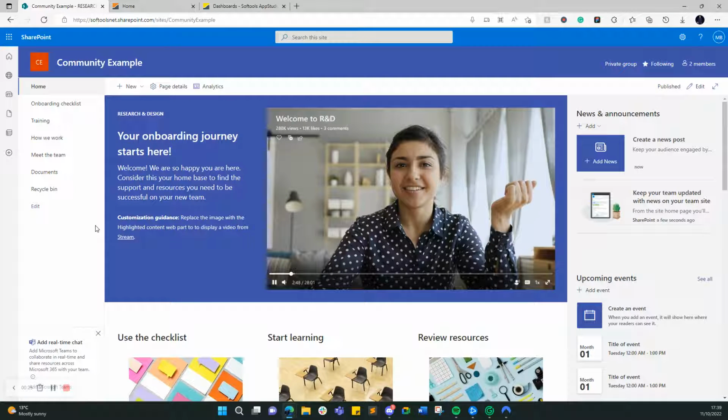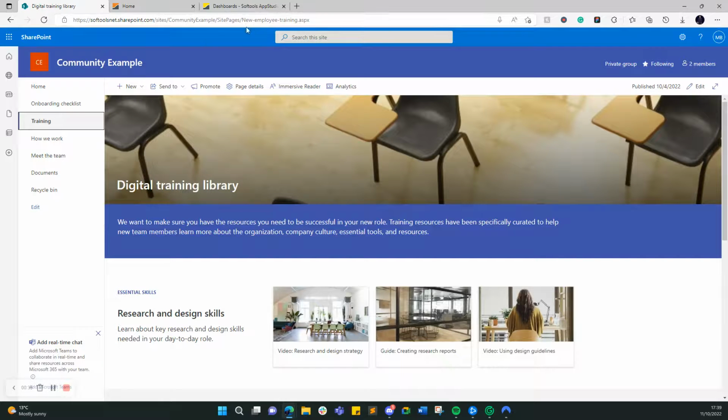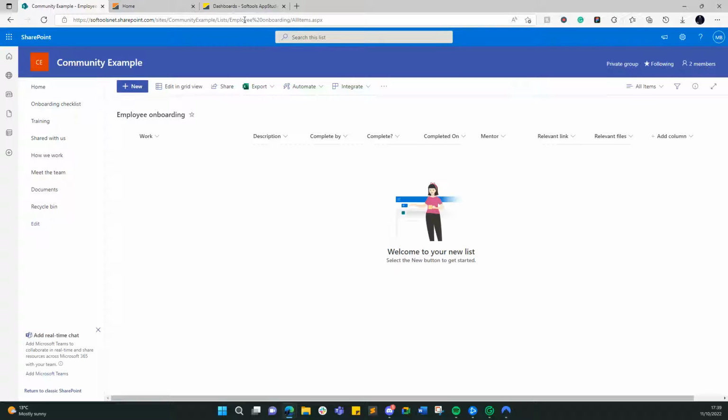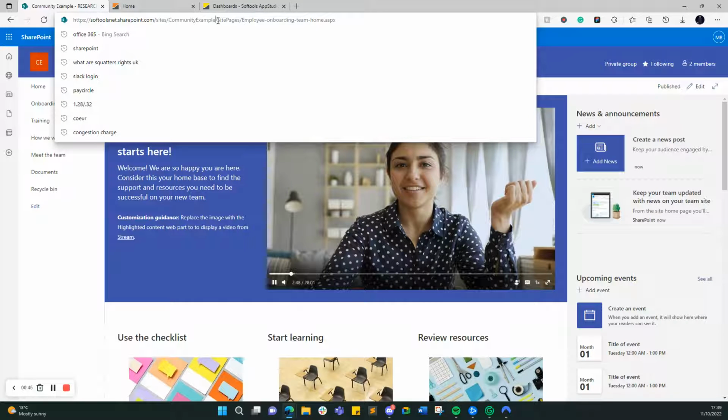Now, where you want people to see your SharePoint initially when they log in is where you need to copy the URL from. So for example, say I want them to see the training, you need to copy it from here. Or say I want them to go to the onboarding checklist, copy it from here, but I want to go from home. So from that, I'm just going to use this part of the URL here, copy that,